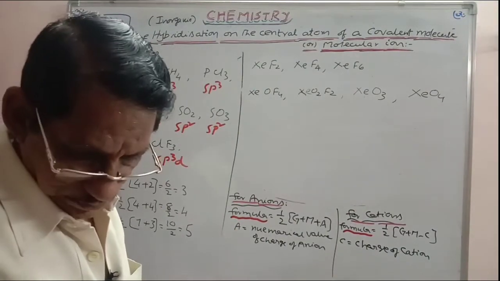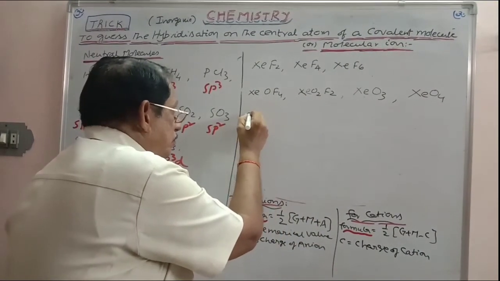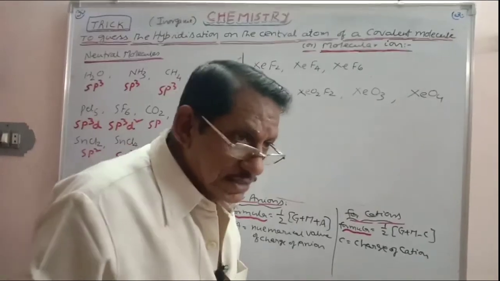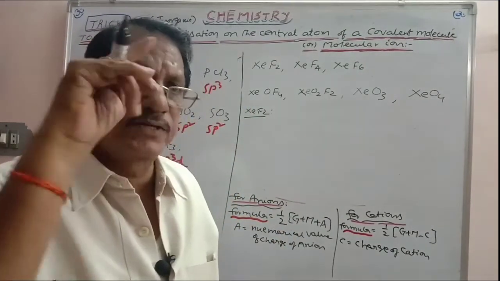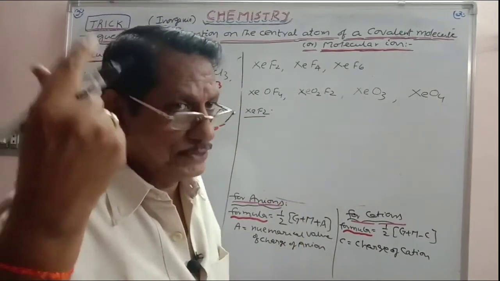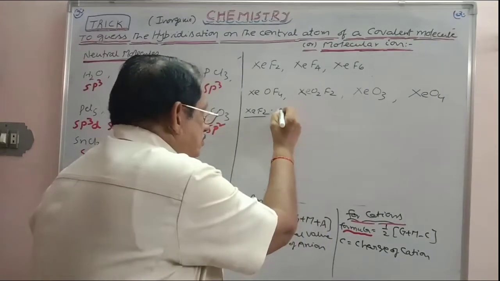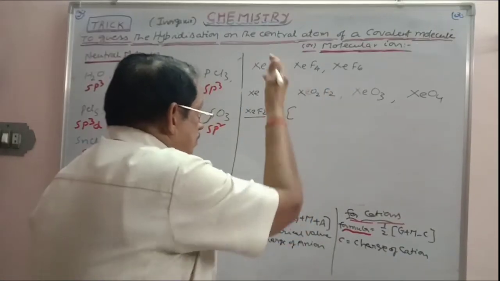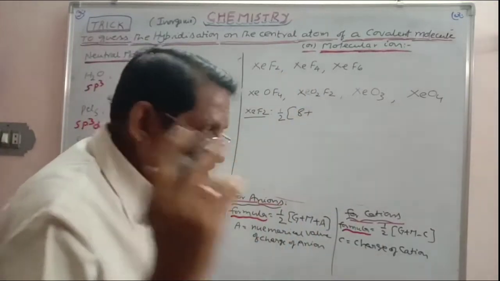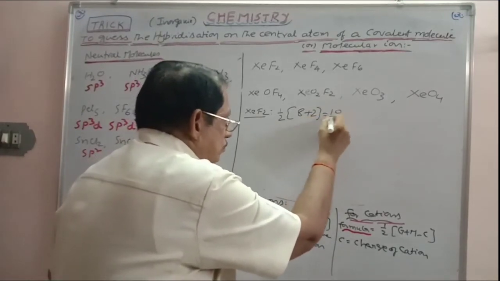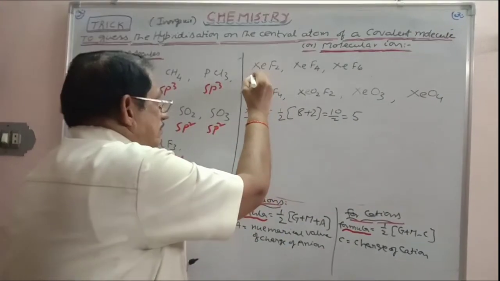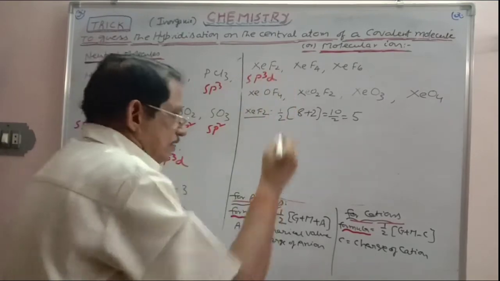We have to guess the hybridization. All these are neutral molecules. Take XeF2 first, please let me know. The central atom is xenon. For the inert gases, the central atom belongs to the 8th group, that means valence electrons is equal to 8. That number you have to write here. So that you have to consider for the inert gas compounds. G is the group number of the inert gas, 8, plus surrounding atoms, fluorines, monovalent atoms is equal to 2. 8 plus 2, 10 by 2, this is equal to 5. 5 means what is the hybridization? In the case of XeF2, sp3d is the hybridization, right?